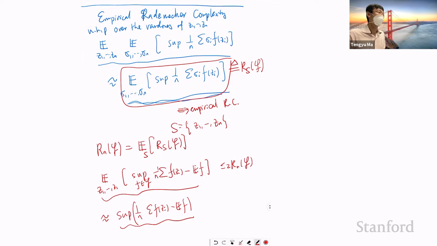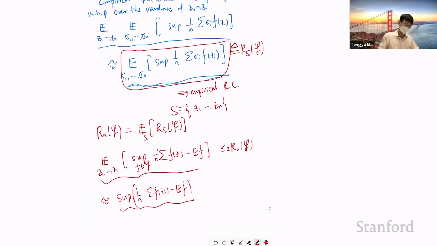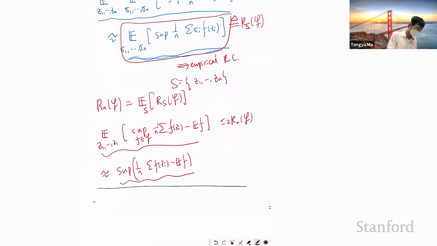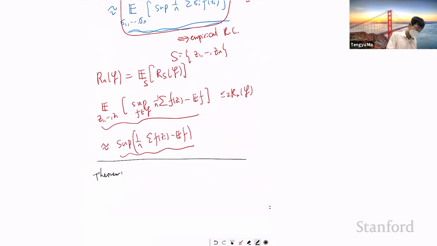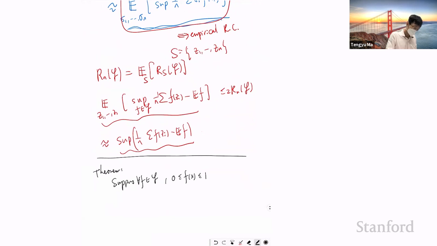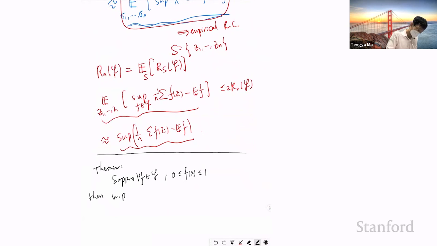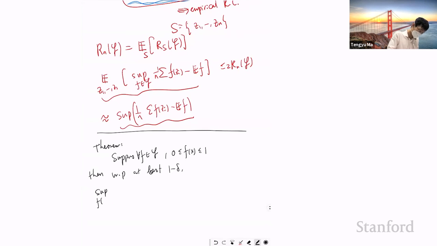Does that make sense? Any questions? Okay. So basically, eventually we're going to prove this. Let me state a formal theorem. We can prove that, if you assume all the f's are bounded, then with probability at least 1 minus delta, the sup of this, and here I don't have expectation, this is over the randomness of Z1 up to Zn,